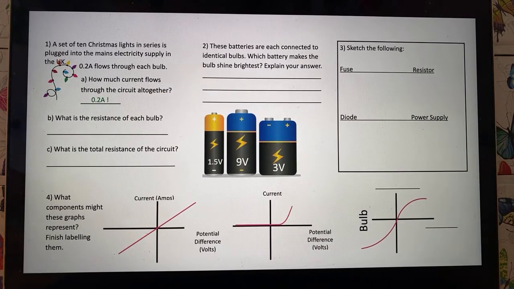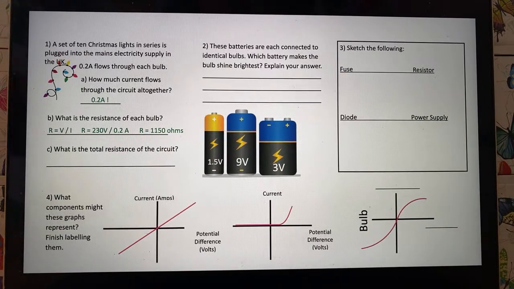It's just if the charges are flowing at a certain rate per second, then they are. The charge per second is the same thing. It's 0.2 amps, okay? The resistance of each bulb, well, you know that V equals IR, okay? So resistance equals voltage divided by current. You had to remember that the mains electricity supply was 230 volts, and then divide that by the overall current, which is 0.2 amps. So that gives you a resistance of